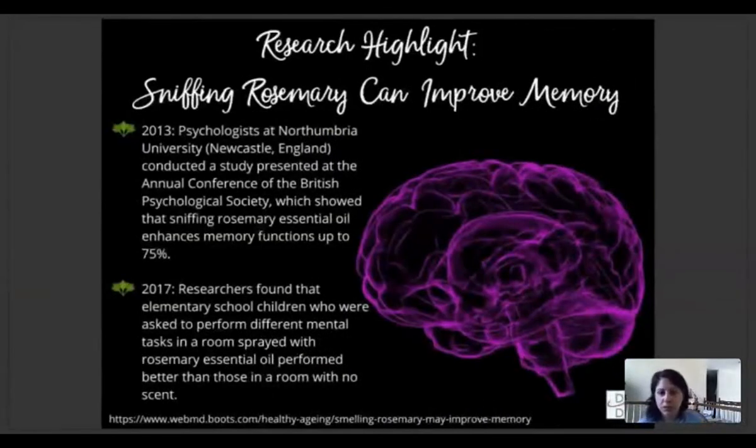So here's the research that I wanted to talk about, where it showed that sniffing rosemary can improve memory. These studies were performed in England, and were not only published but were presented at the annual conference of the British Psychological Society, which showed that sniffing rosemary can enhance memory up to 75%. And so again, this is great research that can really make a huge difference in Alzheimer's patients and dementia patients,